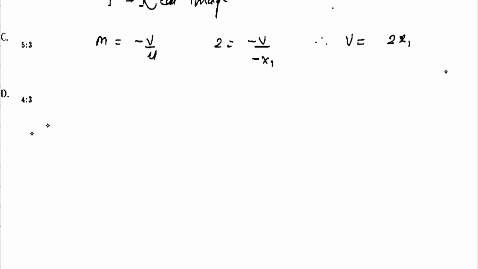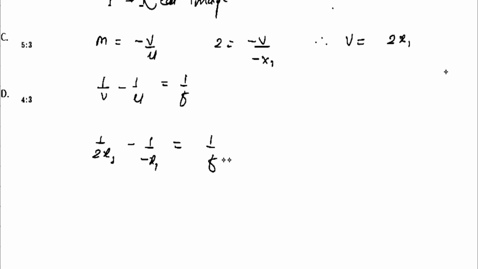Now we will use the lens formula, that is 1 by v minus 1 by u equal to 1 by f. So we have v, that is 1 by 2x1 minus 1 by u, and u is minus x1, equal to, let's say the focal length is 20, so it is f here. Now if we sum this, 1 by 2x1 plus 1 by x1 equal to 1 by f, therefore